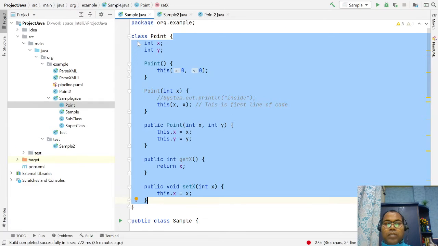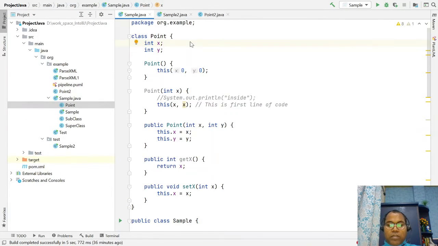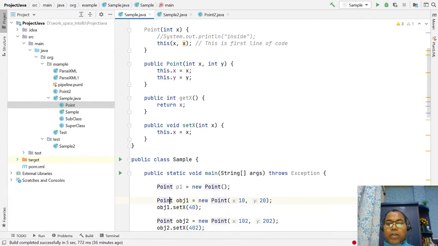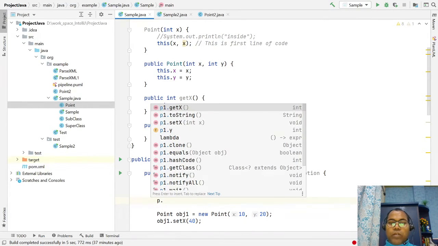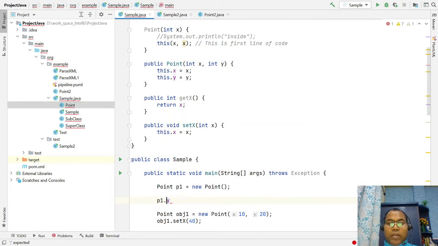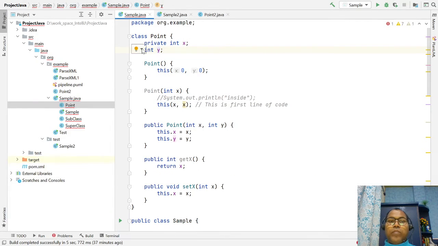Similarly, in the example, if I'm declaring this private, a private data member you cannot access from outside. Here you are trying to access p1 dot. You can access y, because y we have not declared anything for, so it is accessible inside the package. But you have to declare x as private, so this data member cannot be accessed outside of this class.